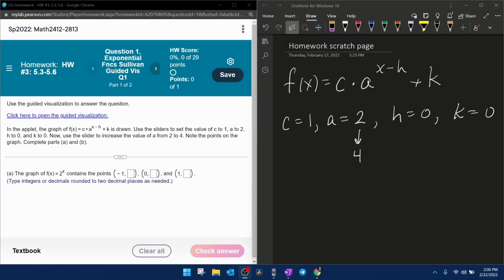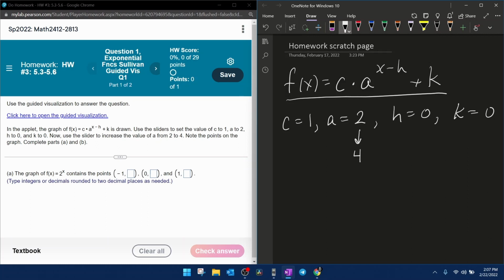Question number 1 from our Precalculus homework number 3 in MyLab Math. We're going to be using a guided visualization. It says in the applet that'll launch when we click the link, the graph of f of x equals c times a to the x minus h plus k is drawn. Now, I have written that over here in my scratch work a little bit bigger so you can see that